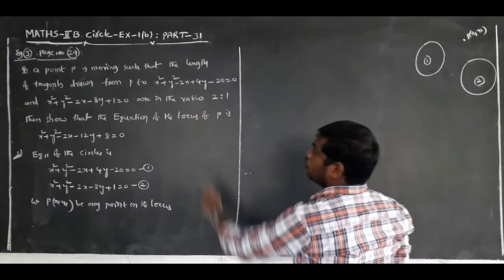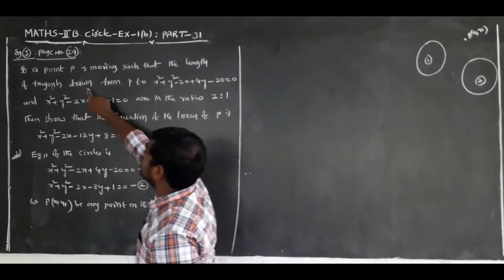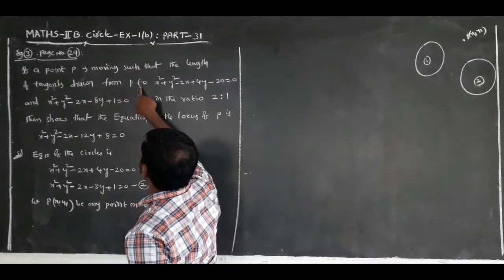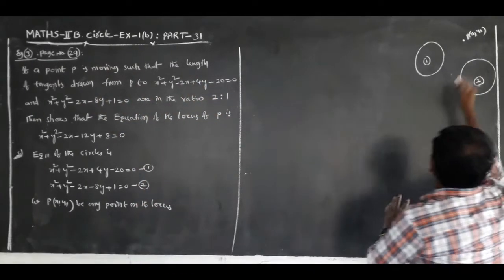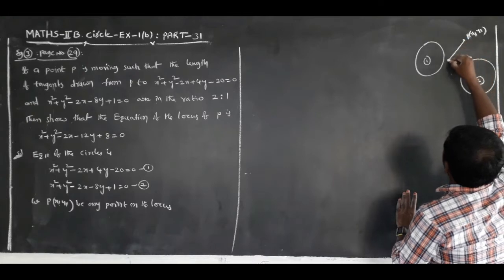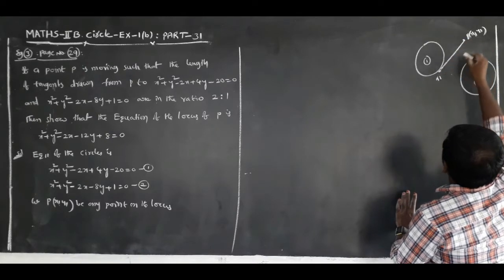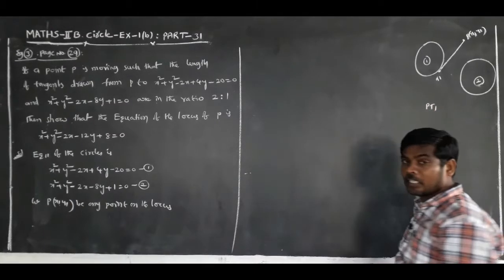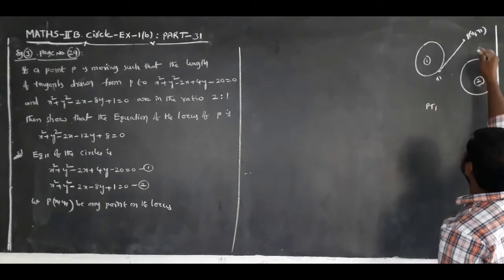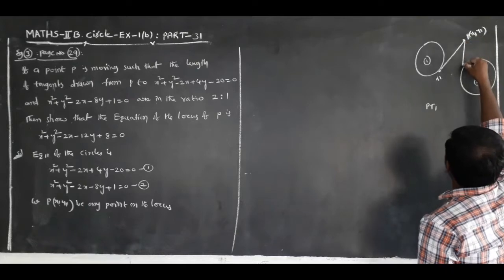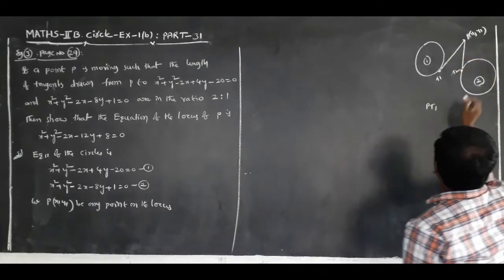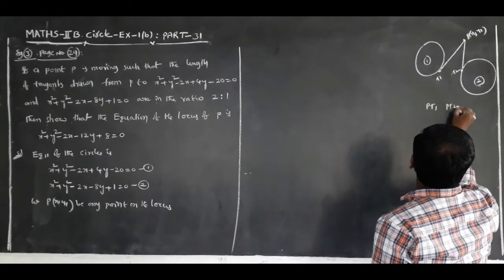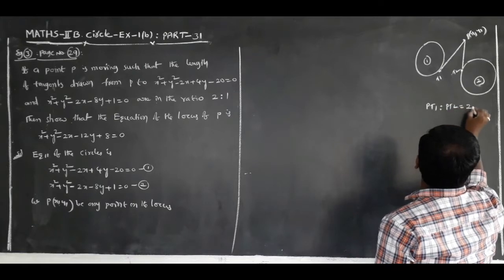P is moving such that the length of tangents drawn from P to the first circle, PT1, and the length of tangents drawn from P to the second circle, PT2, are in the ratio